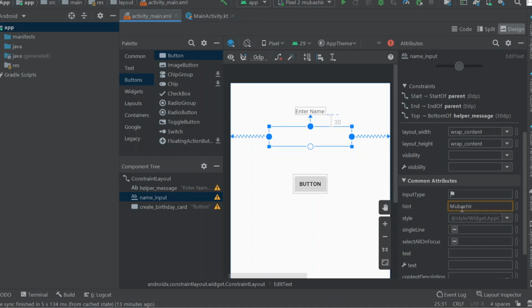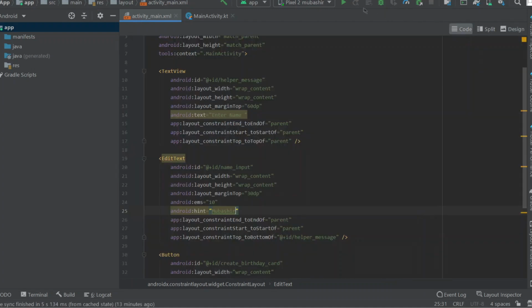Let me run this app once, then you will understand what I am saying. Now click on this run, and you need to see your virtual device created here. If you can't see it, just click on this and click on your virtual device here.